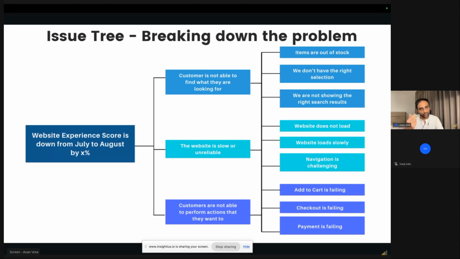So a metric usually has a numerator and a denominator, right? It's either a percentage or some number that will show you that items are out of stock. Or maybe number of site visits by number of conversions, yeah, very good metric. It could indicate items out of stock or not, but it's a very good metric. Number of site visits divided by number of conversions or vice versa, whatever, right?